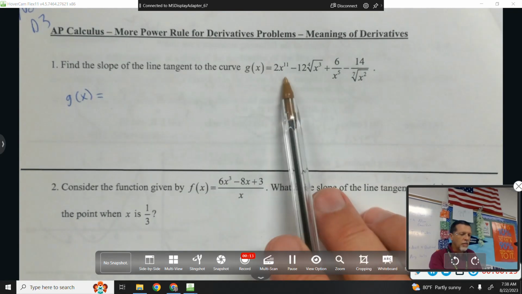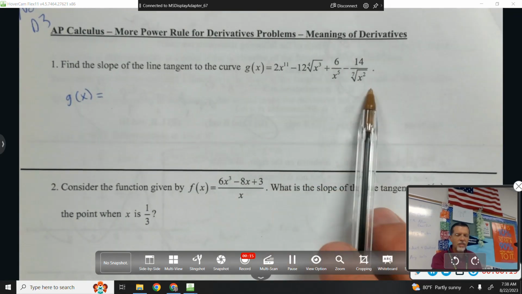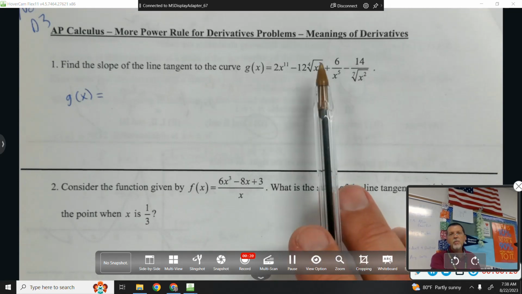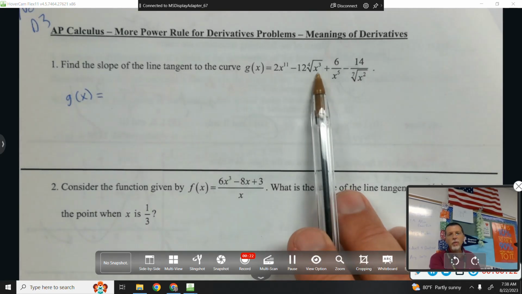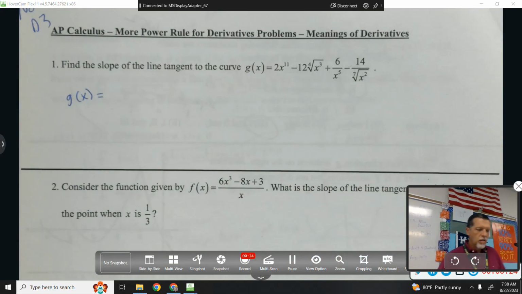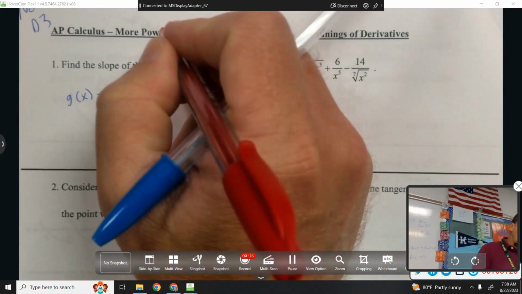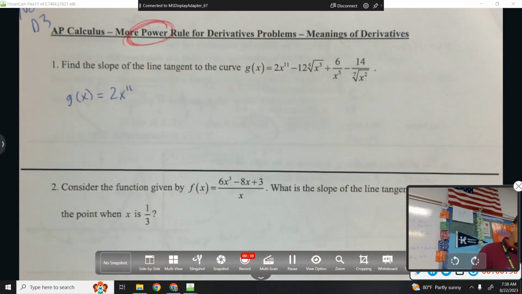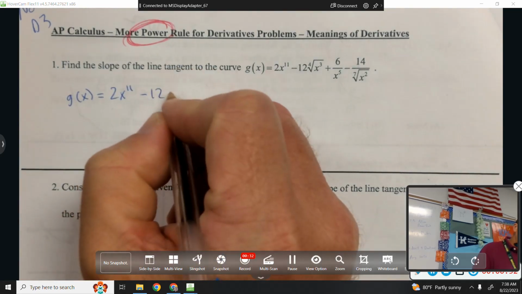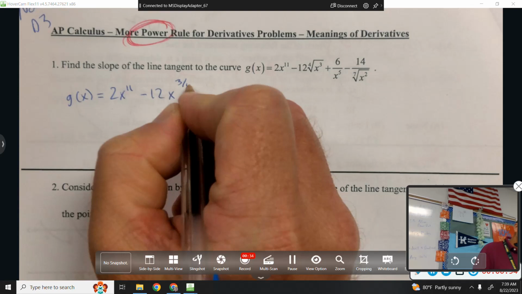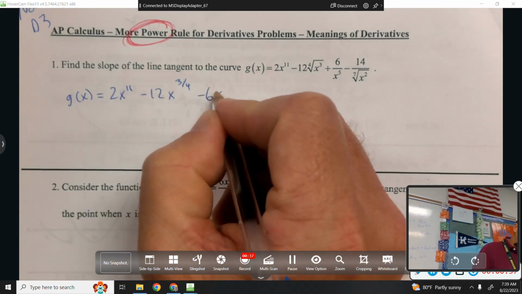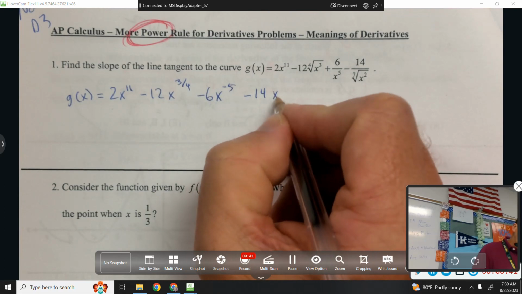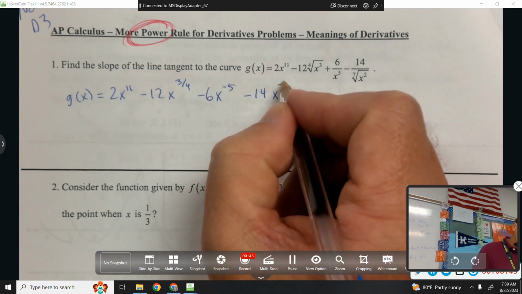I can take the derivative of 2x to the 11th. That's easy. The rest of these aren't in the right format, so I need to change them up so that they are powers, or exponents, not square roots and denominators. So I need them all to be powers. 2x to the 11th minus 12x to the 3/4 minus 6x to the negative 5 minus 14x to the negative